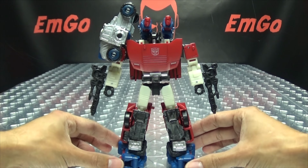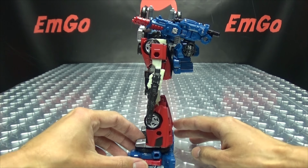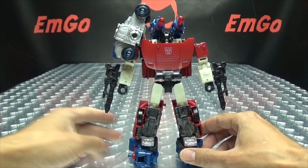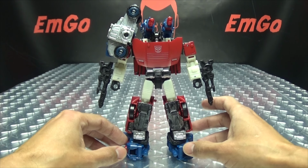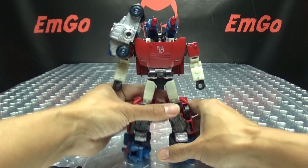And this is one of the configurations that they show you in the instructions, and that's kind of cool. I like that. I mean, this on his shoulder doesn't make much sense, but hey, still, it's cool. I like it. So this is one configuration that they show you in the instructions. The other one that they show you in the instructions